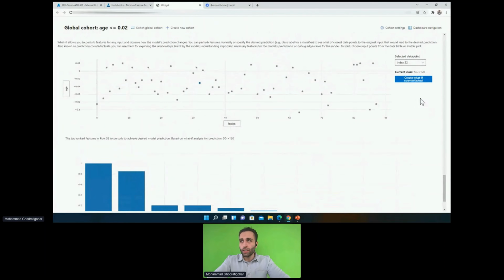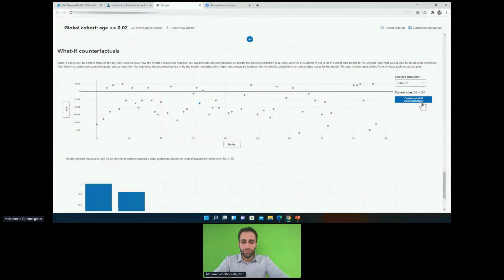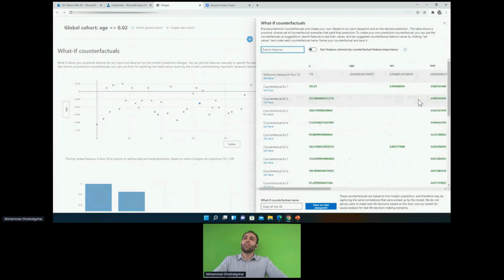But the cool part is I can create some what if counterfactual scenarios. By clicking on this button, you can see this is the true value, the reference data point, and these are different predictions that we have made by changing some of the features. So first of all, what are what if counterfactuals, and how did we come up with these numbers?